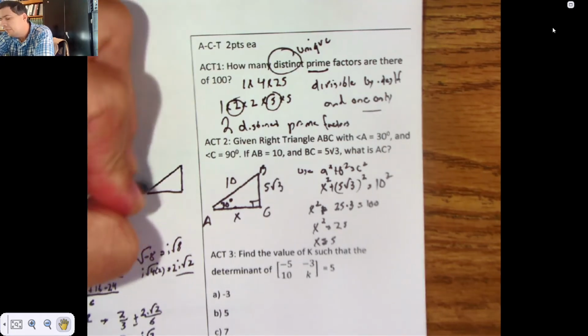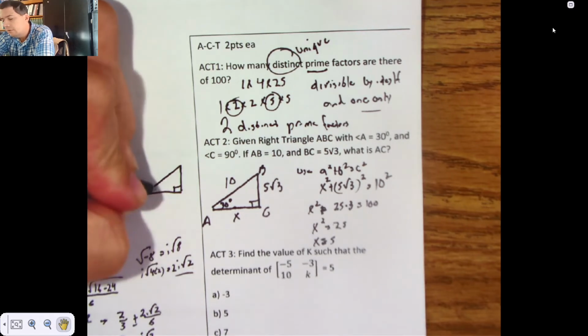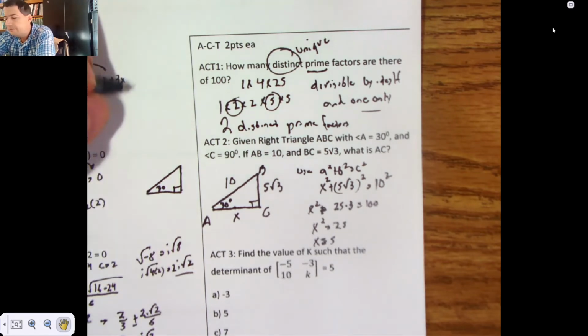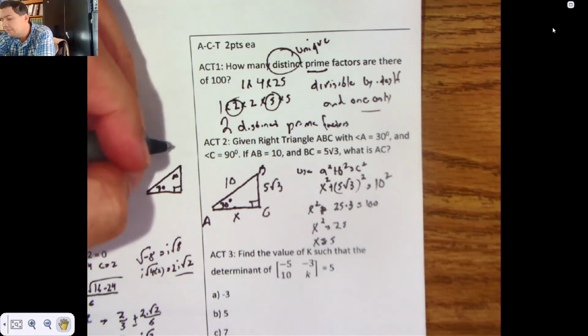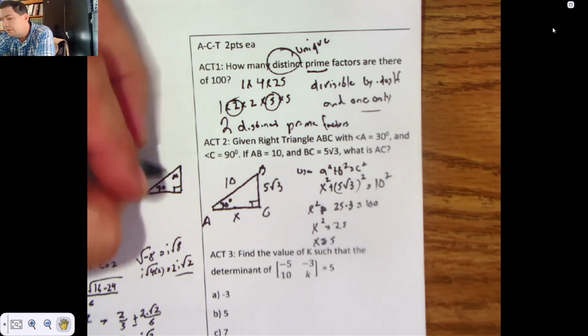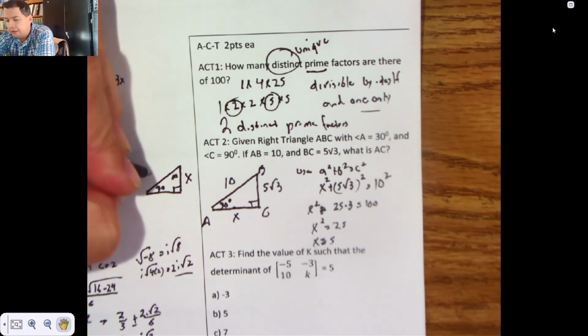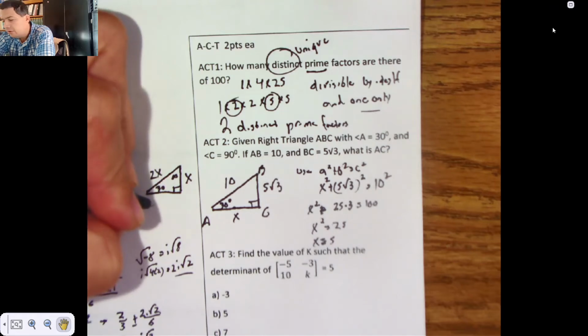The other way of doing this, and it's so much quicker, is to think about 30, 60, 90 theorem. Some of you know it, a lot of you haven't, but in 30, 60, 90 theorem, we call the short leg x, we call the hypotenuse twice x, and we call the long leg